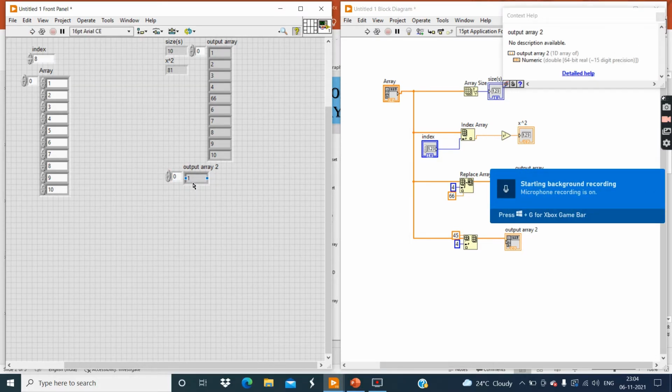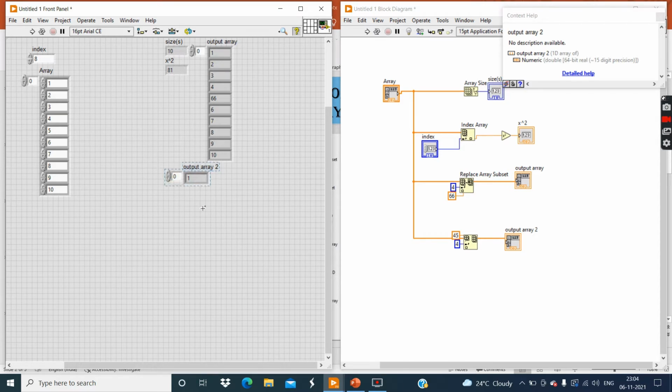Now first select this, change the position and then increase the element, and you can see here the original array has nine elements, but in this output array 10 elements are present.